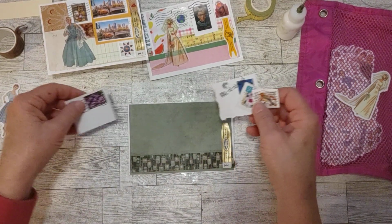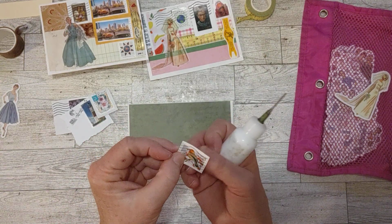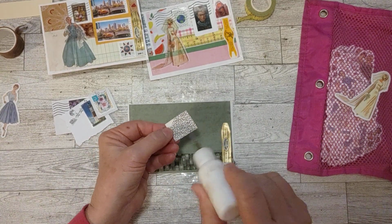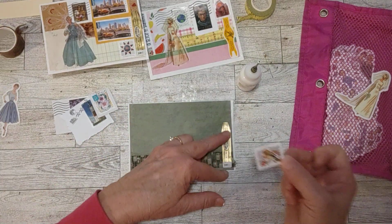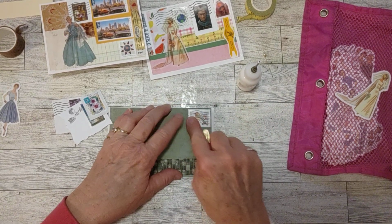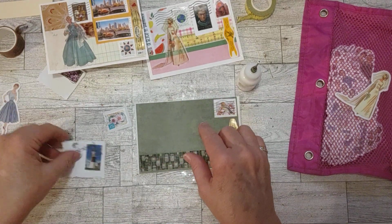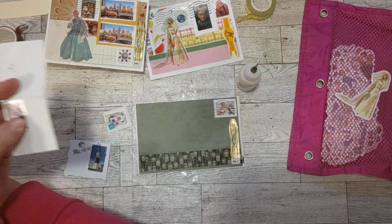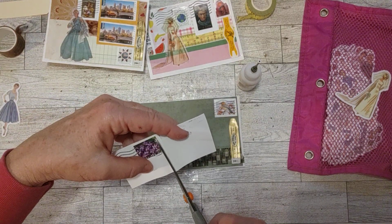Okay, so this one, I think we'll start with this. This is a little bird, a bird on some, it looks like in the winter, with some possible holly behind it. All right, glue there. As you can see, my cigar label is there. I'm going to put this on top of my cigar label. I'm going to have a little green showing around from the paper underneath, a little bitty bit of green showing around that stamp. And now let's put this one next. It's a little darker. It doesn't matter which one I put next, but I kind of want to go way over